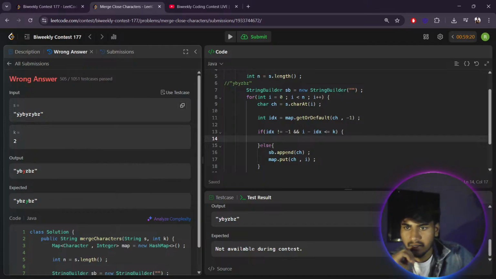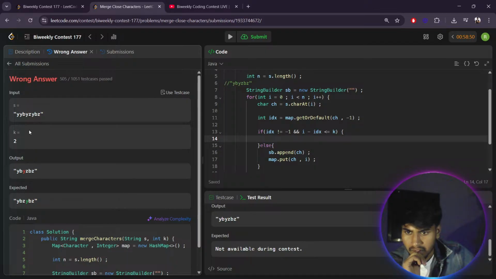ये अगेन y कैसे आ गया? यहाँ पे ये डिस्टेंस तो लेस देन इक्वल टू 2 नहीं है, 0 माइनस 3। तो ये तो ऐड हो गया, राइट? ये वाला y जो कि हमारा भी ऐड हुआ है।